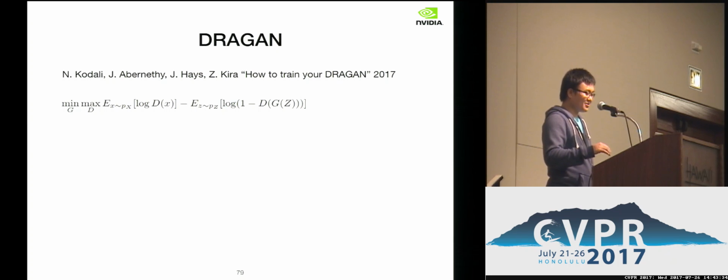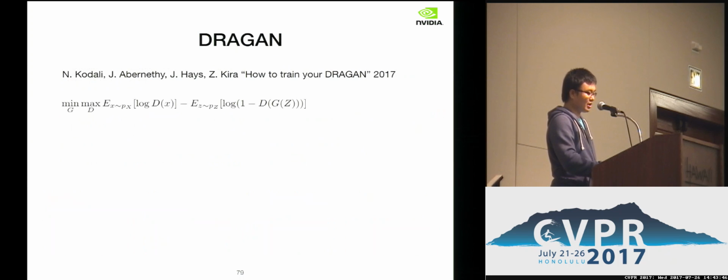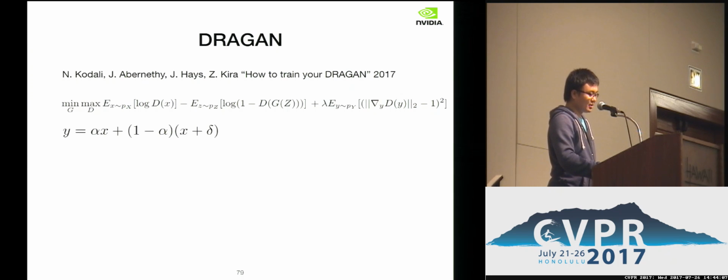A similar idea, but not identical, was proposed by the DRAGAN paper. But instead of working with the WGAN objective, they work on the original GAN objective function, where D is the discriminator, based on minimizing the Jensen-Shannon divergence. What they do is also add this auxiliary objective function where you want to regularize the gradient norm for this Y sample to make it close to 1. But this Y sample is sampled differently.